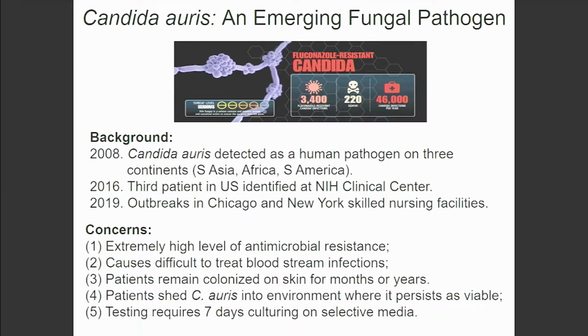We talk a lot about antibiotic-resistant organisms, but I thought this would be a particularly interesting case because you would not screen for this, right? But here it is, and 10 years later, we now consider this an emerging pathogen. When we put together the CARB initiative for combating antibiotic-resistant bacteria, the one thing that was of concern were these azole-resistant Candida, but I would say that was sort of Candida albicans. Candida auris is just moving this whole field really quickly because Candida auris has extremely high levels of antimicrobial resistance,